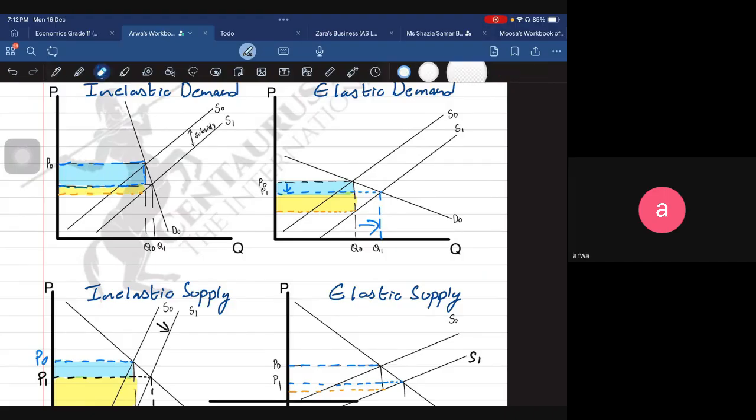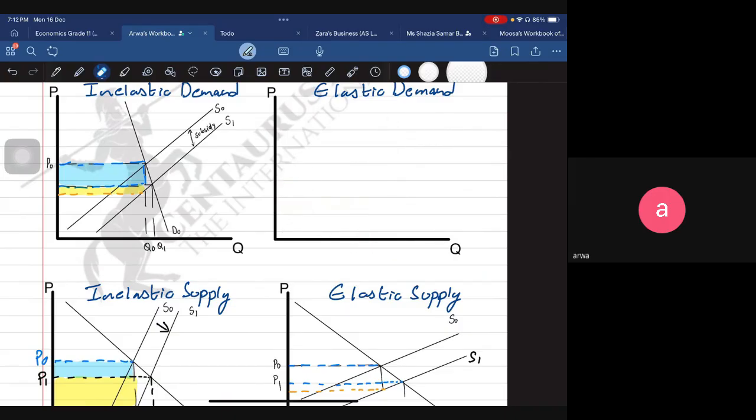Okay, I'm going to make the elastic diagrams again. Why you are getting confused, I get to know now. It's because when you were making your diagram, I was making changes to it, which is not fine. There are certain things that you need to understand here. Let's suppose we make a normal supply curve, because there are two things which we haven't considered here, which we should. Okay, so now if this is the demand curve,